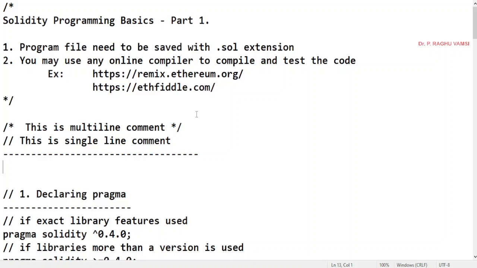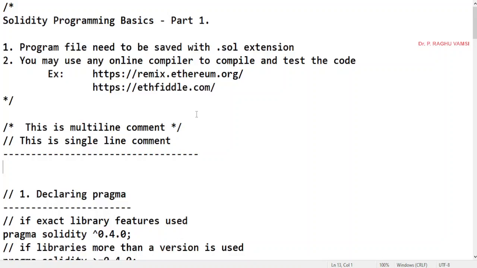Now, from this lecture through the next 2, 3, 4 lectures, we are going to see Solidity programming, because this is a completely new programming language to everyone. So it is very essential to go somewhat slower and learn the basic building blocks, and to do at least one program for every building block, so that you will come to know the programming style and way of writing a program in Solidity.